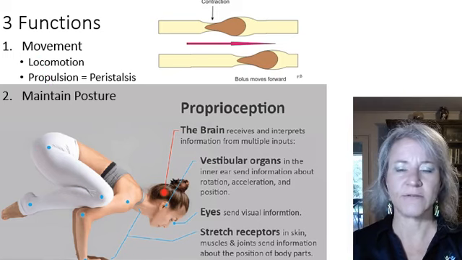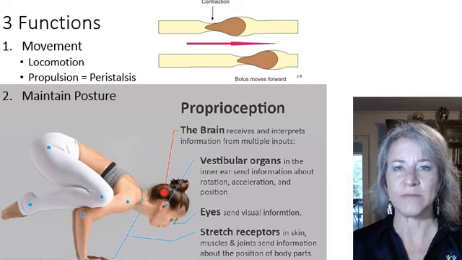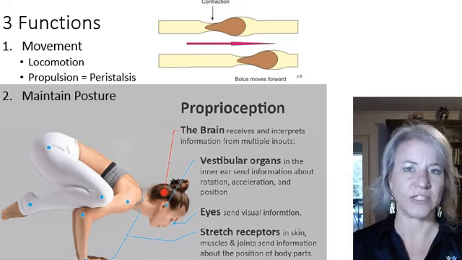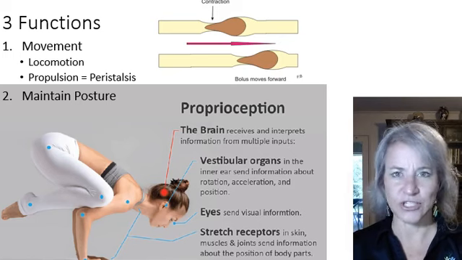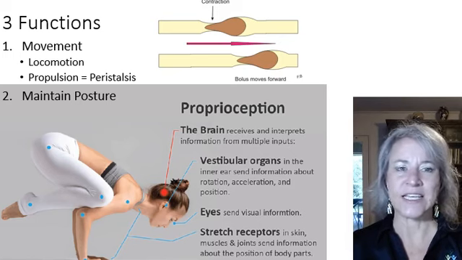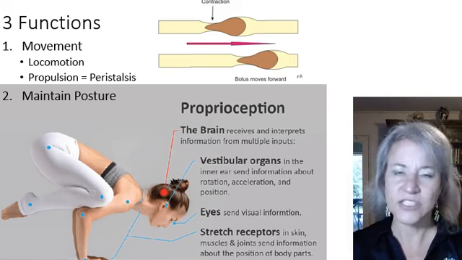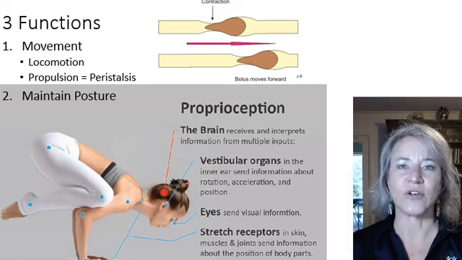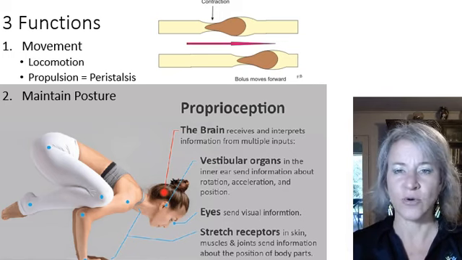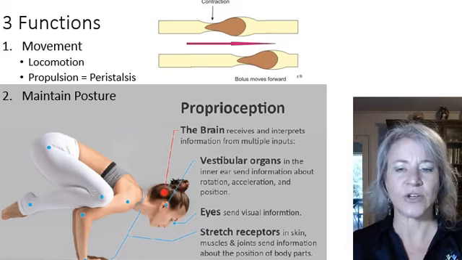A second function of the muscular system is to help maintain your posture. And most of maintaining your posture is involuntary. In other words, you're not consciously aware, thinking about maintaining the correct muscle tone in your arms and in your legs. And so maintaining a posture involves